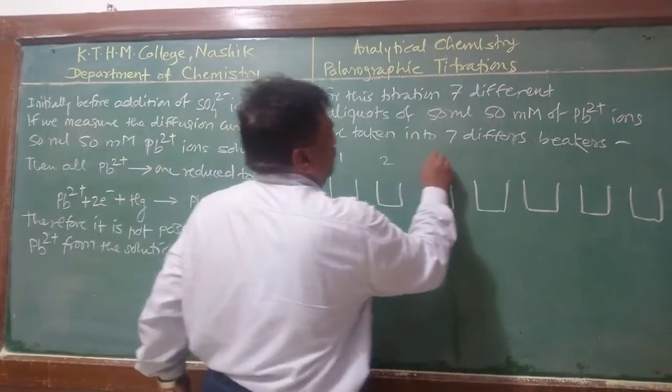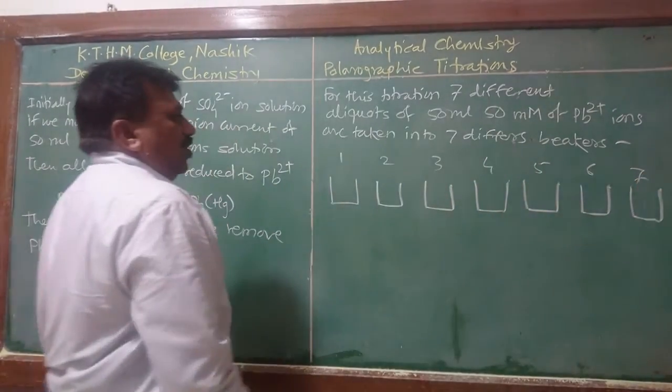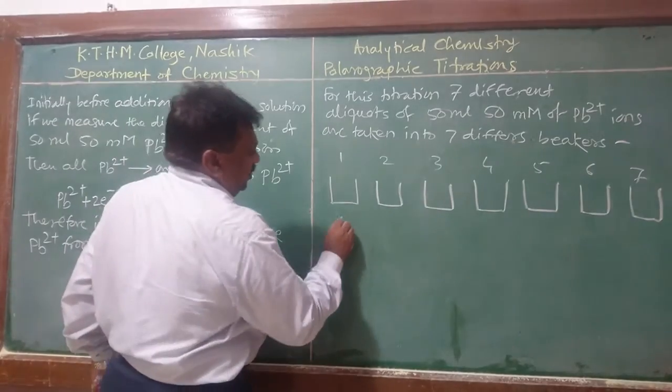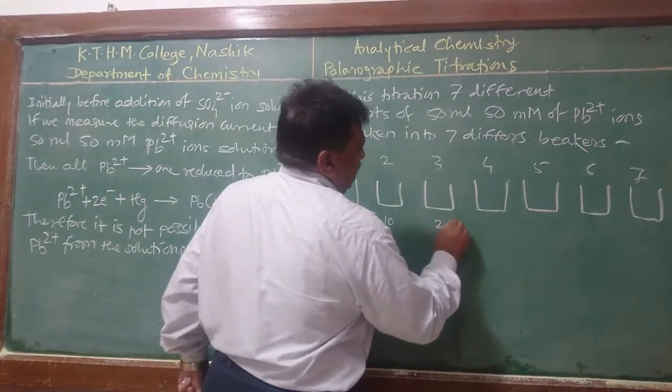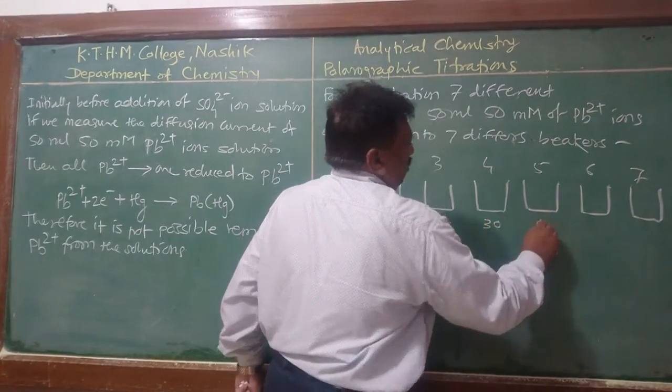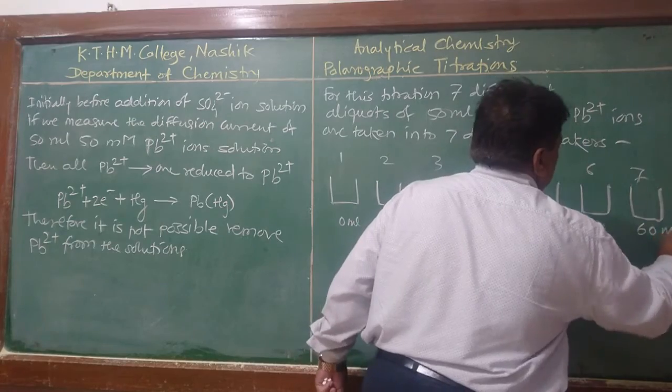Number 1, 2, 3, 4, 5, 6, 7. Then in these beakers 0 ml, then 10 ml, 20 ml, 30 ml, 40 ml, 50 ml and 60 ml